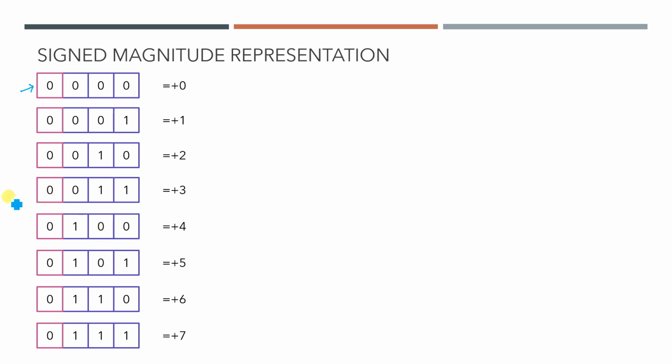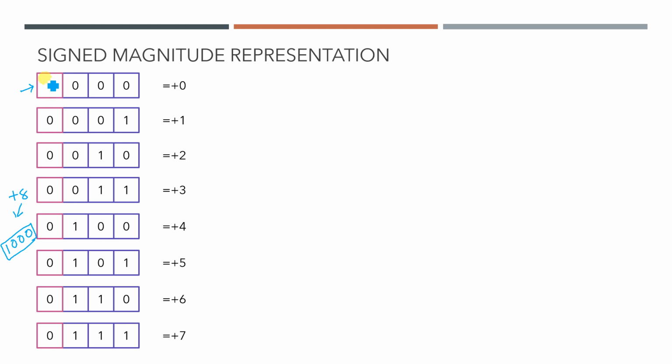Now can you represent plus 8? No. Why you cannot represent plus 8 in this particular bit? Because only 3 bits are used in a 4 bit word. Only 3 bits are allowed to store the magnitude. But if you want to represent 8 in binary form, this will be 1 0 0 0. So that means 4 bits are required to store 8. But our word size is itself 4 bit, and from that word size, 1 bit is already reserved for representing the positive number or negative number. That's why plus 8 cannot be represented in our case.